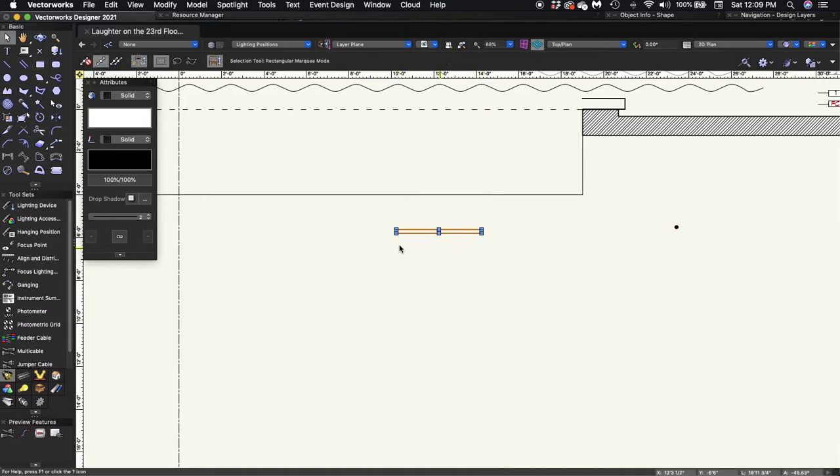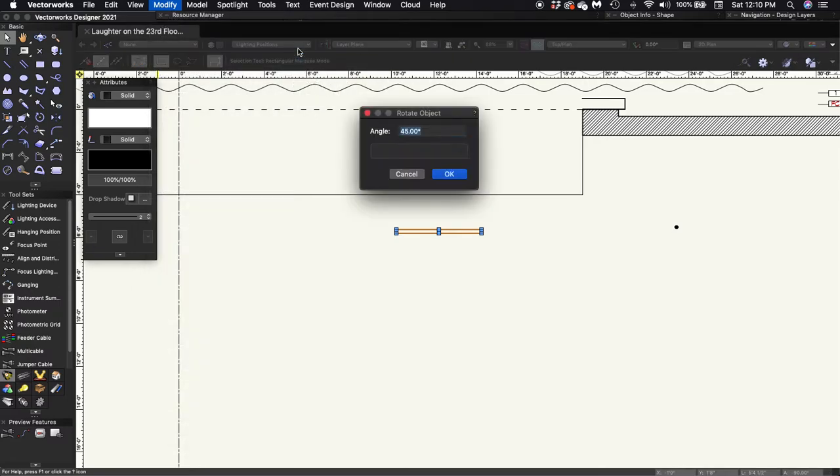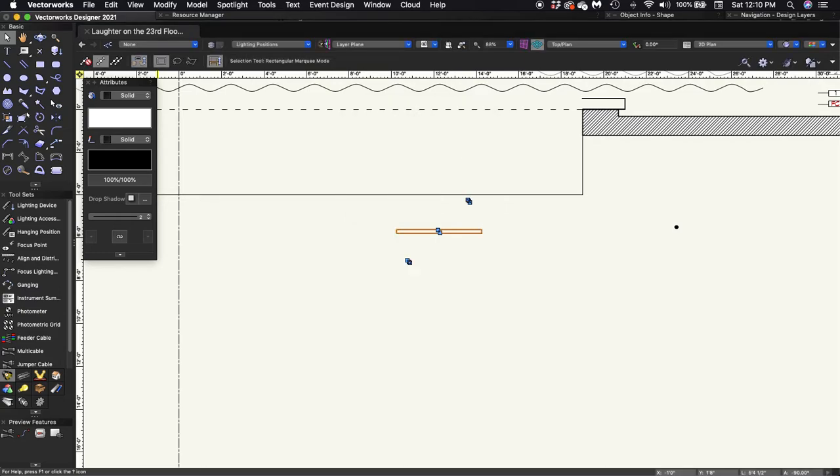So I now have a 4-foot rectangle that is 2 inches high, again 2 inches being the diameter of our pipe. So I need to rotate this so it's at more of a 45-degree angle to our space. So with it selected, I'm going to come up to Modify, Rotate, and select Rotate. And I get this new dialog box, and its angle is going to be 45 degrees. This may default to 0. Either way, we're just going to change it and type in 45, click OK, and there's my pipe at a